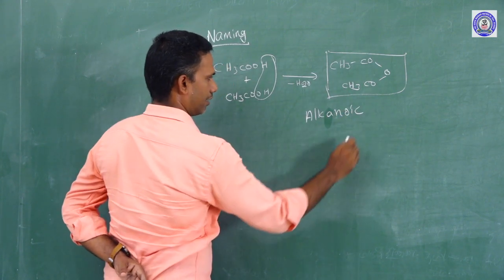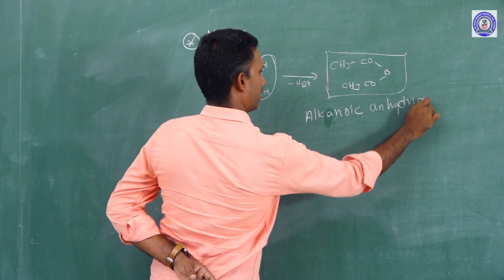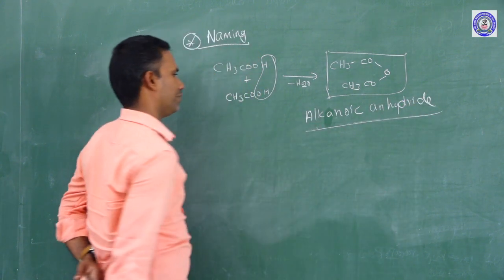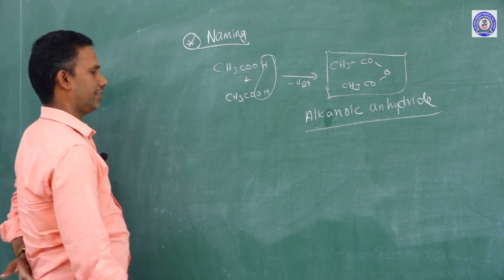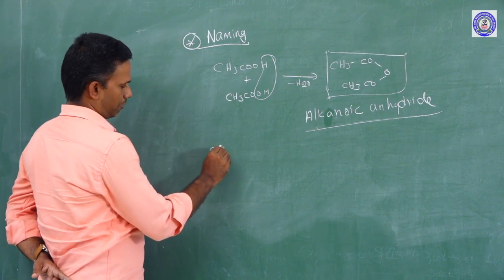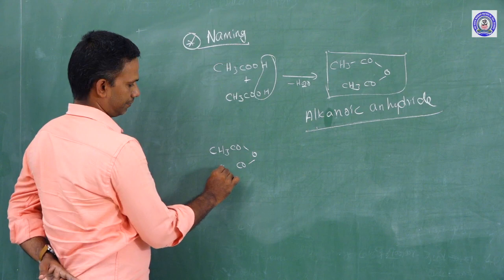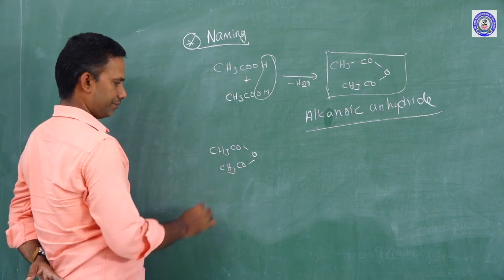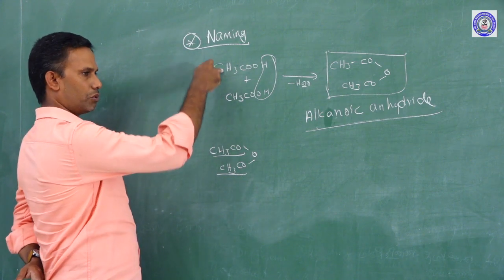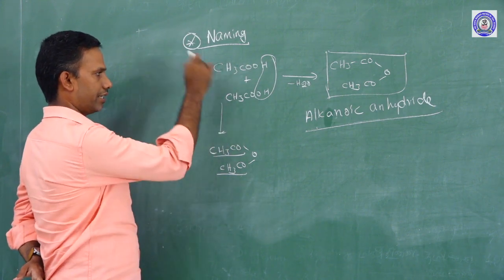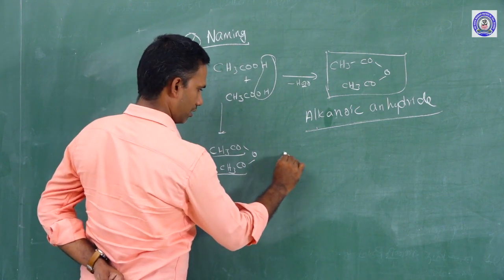Alkanoic anhydride. The general IUPAC name of acid anhydride is alkanoic anhydride. For example, if we go on to name this acid anhydride, both are acetic acid, so that is the source from which it is derived. Acetic acid contains 2 carbons, so